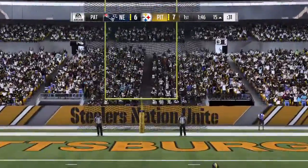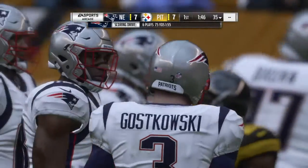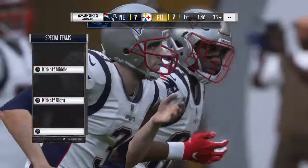And a nice job by him to catch the slant and then navigate and break free. And receivers love slant routes because